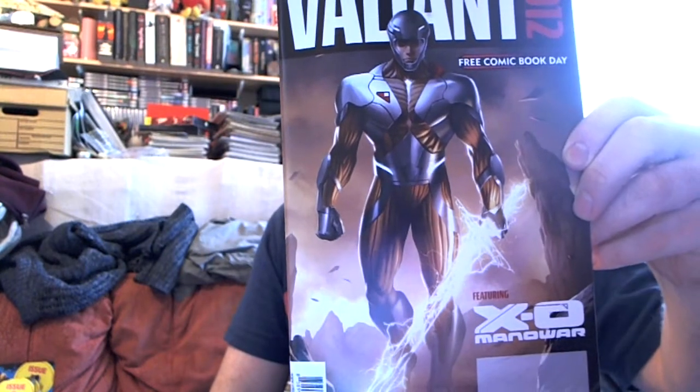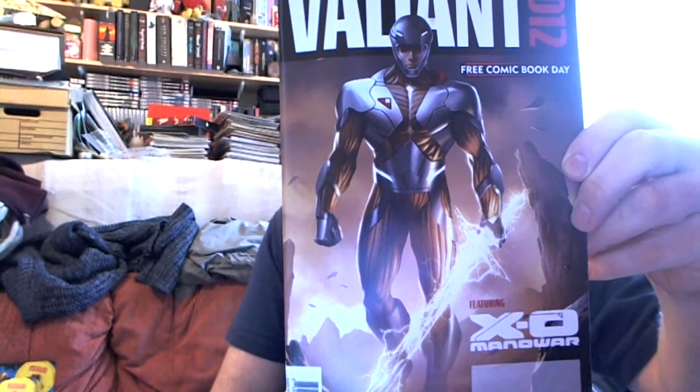So yeah, that was the free comic book day comics that they had an abundance of. And these are the ones that were in the grab bag. First up we have the Valiant 2012 free comic book day comic with Exo Man of War on the front cover. And this just has previews in it for Exo Man of War,